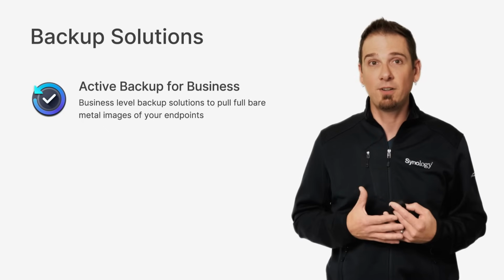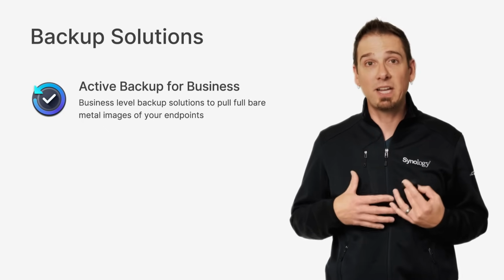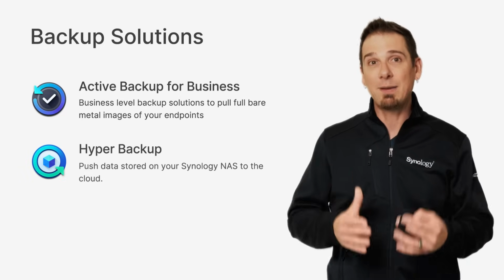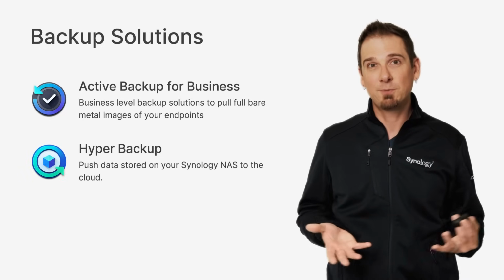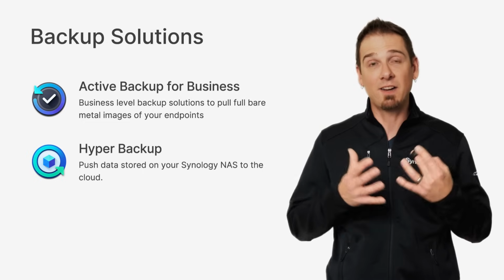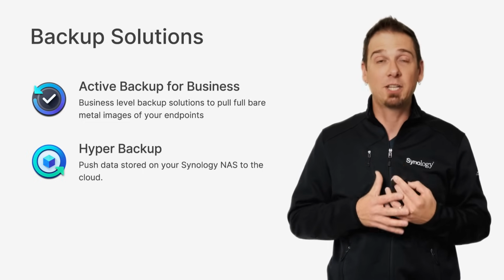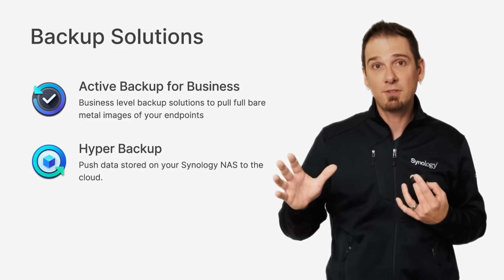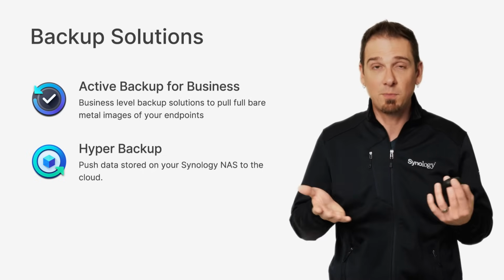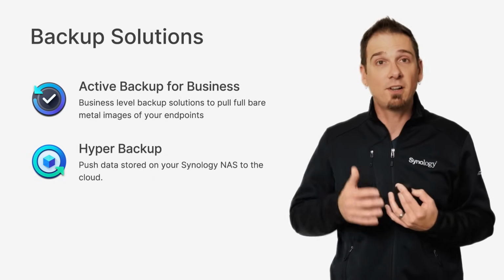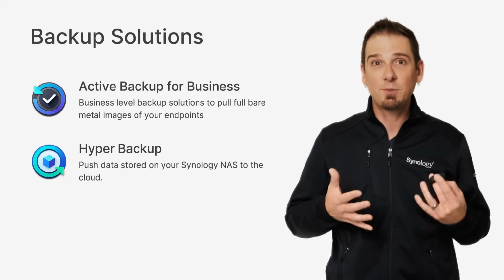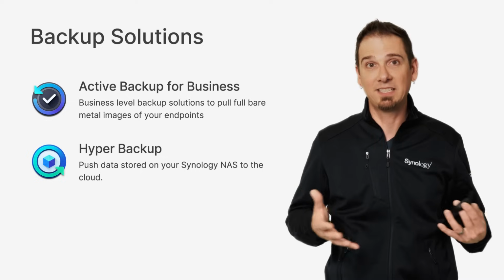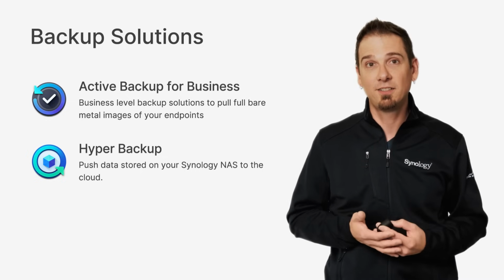Once it's on the server, you need to back that up, preferably off-site. We'll use Hyper Backup to accomplish this. Hyper Backup creates a compressed, containerized file of your backup data and can push that remotely to the cloud, to a service like Synology C2 or third-party cloud, to another Synology NAS, even to something like a USB device. This way, your backup is stored in multiple places in case of a disaster.